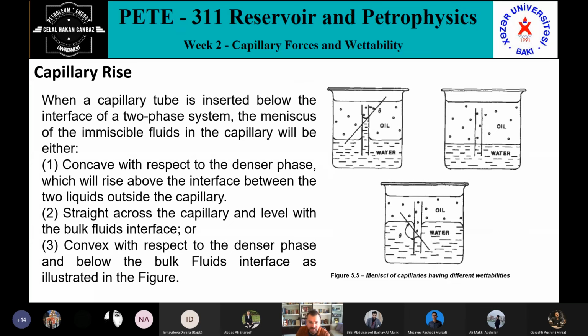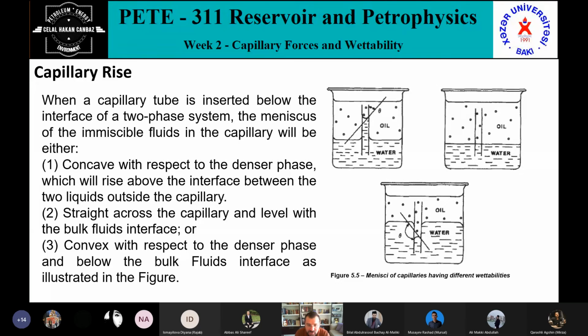So, capillary rise. This is figure 5.5. It shows capillaries having different wettabilities, three different scenarios put in here. When a capillary tube is inserted below the interface of a two-phase system which are immiscible, not miscible with each other,